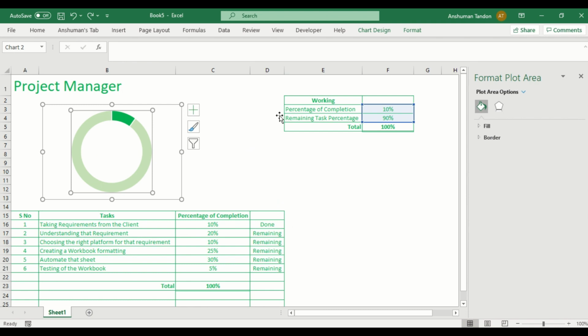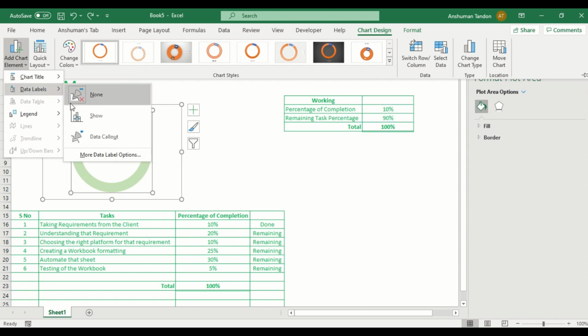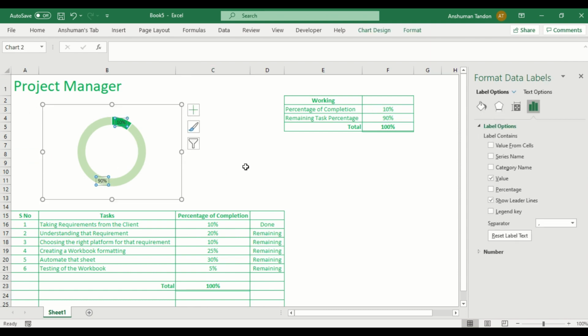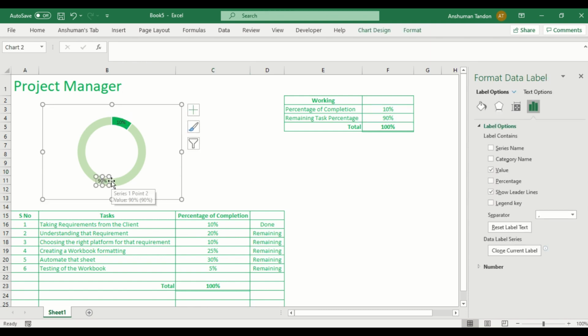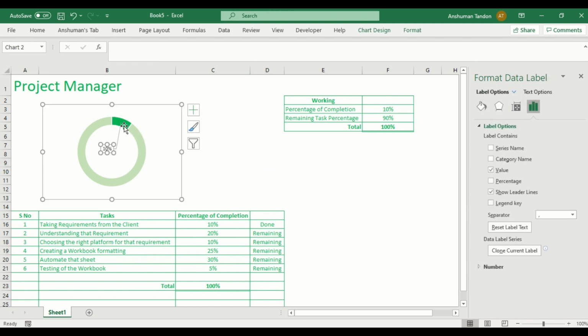So I just want to add one another thing in it. If I go to this option, I can find anything. If I go over here in the data label, you can see that I can put this show option over here. So you can see that this 10 and 90% is coming. Now this is not looking very attractive. So what I can do is simply select these values and remove this 90% because I do not want it. So I will do a double click and remove this. When I do this, it is gone. Now I will select this 10% and put it into the middle.